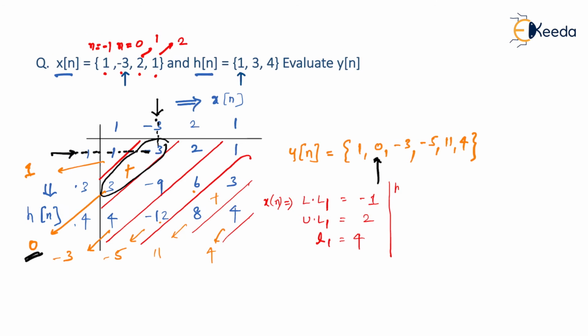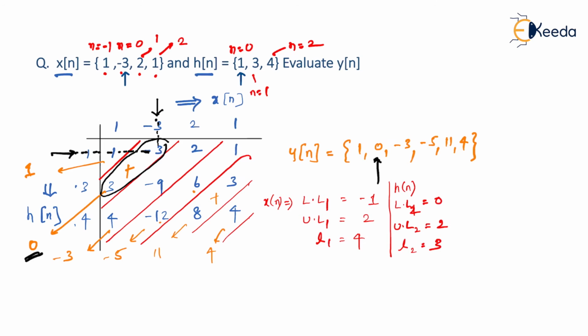Now we will observe h of n. So h of n will give you lower limit, and observe, it is starting at n equal to 0. So I need to say it is lower limit 2 instead of lower limit 1. It is 0. Upper limit 2: this is n equal to 1 and this is n equal to 2, meaning h of n ends at n equal to 2. So the upper limit is 2. And the length of sequence L2: if you see the number of elements, there are 3 elements inside h of n. It is 3.